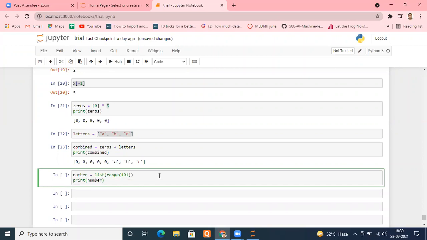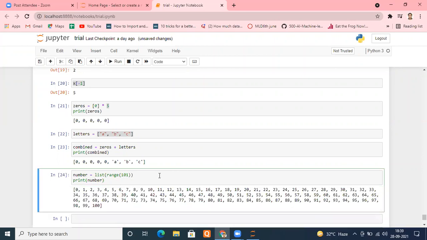Let me do that. Can you please check it out? Please tell me. Yes, sir. Is it clear? Crystal clear it should be. It's a very simple thing. Sir, can we start from 1? Yeah, you can do that. Remember the arguments of range? You should just know what the arguments of range are.